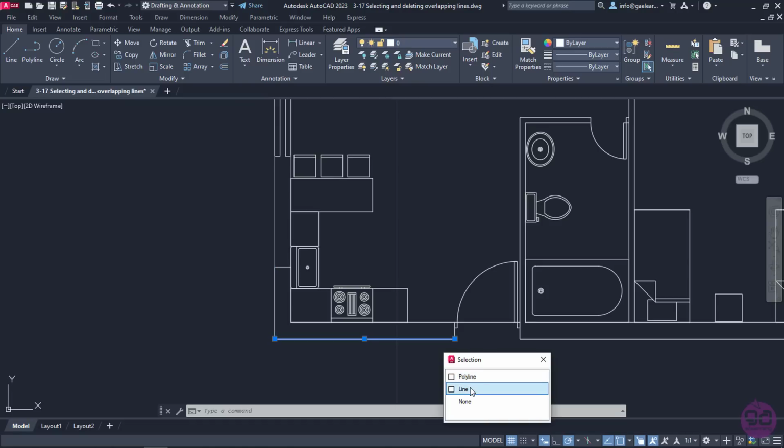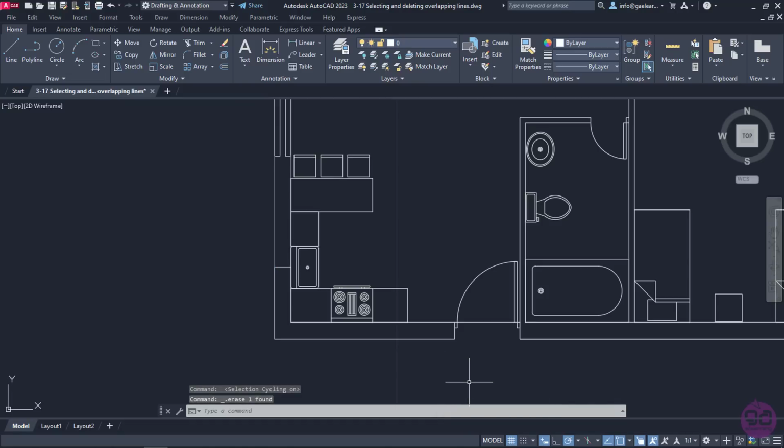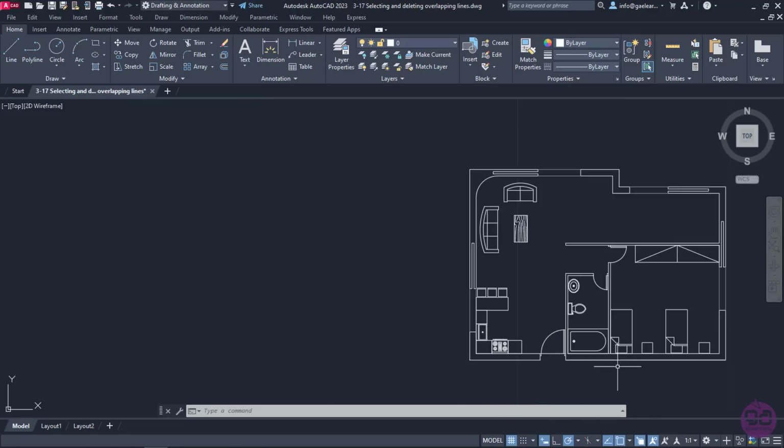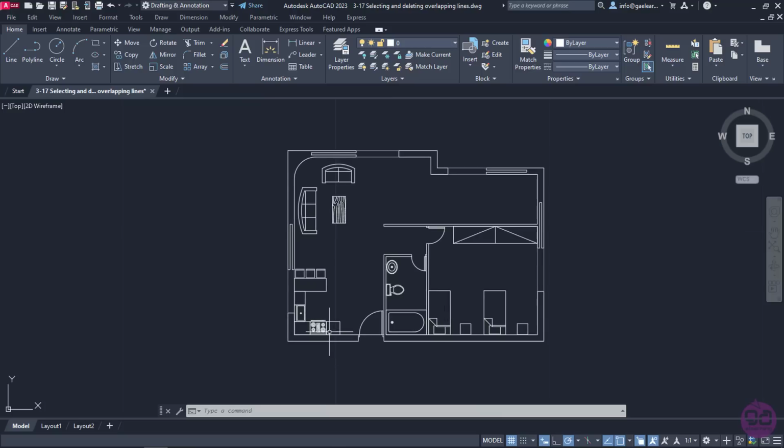Now I will click on the line and notice that it was selected easily. I will delete this line since I do not need it in the drawing. I can search all the lines that overlap and delete them one by one, but that will take a lot of time to achieve. Instead of searching the whole drawing, I can use a single command to remove all the